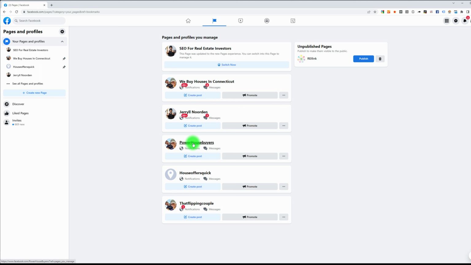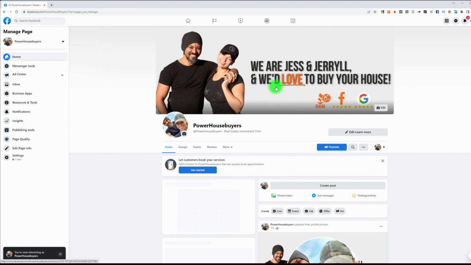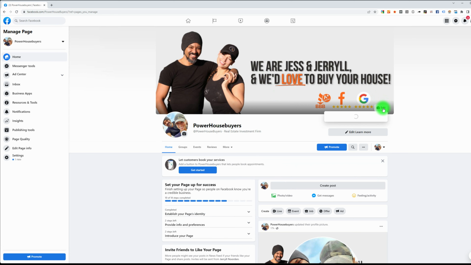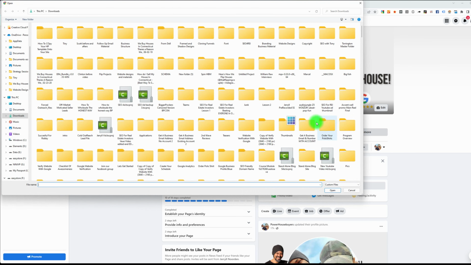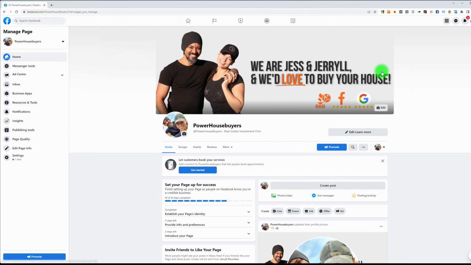And as you can see, I already have my picture there. But all you have to do is click on the edit and then upload photo. Then you can pick your photo where you saved it. Like there. Click on it. And you hit save. You can position it how you want and then save.